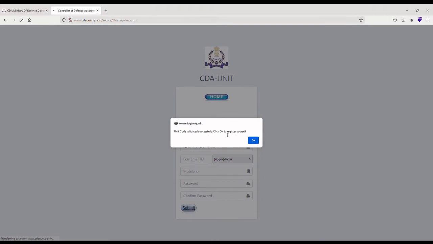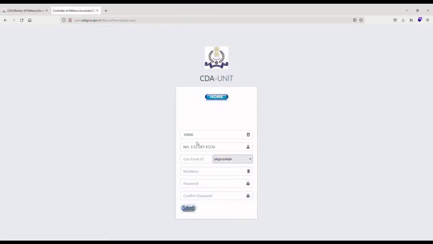Click OK to register. Here you have to fill in all the details corresponding to your unit. Put up a government email ID and select the extension from here. Is it a gov.in or nic.in or hub.nic.in or @nccindia.nic.in? Other than these extensions, no other extension should be used as of now. After filling in all the fields, hit the submit button. It will show a confirmation message as the unit is registered.